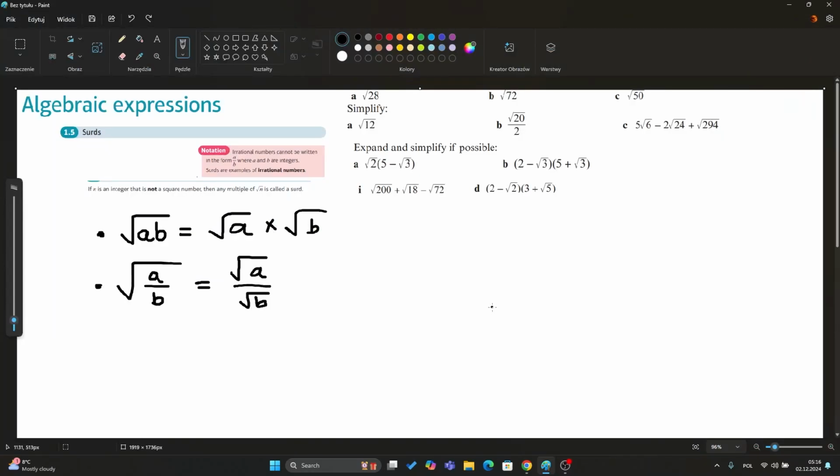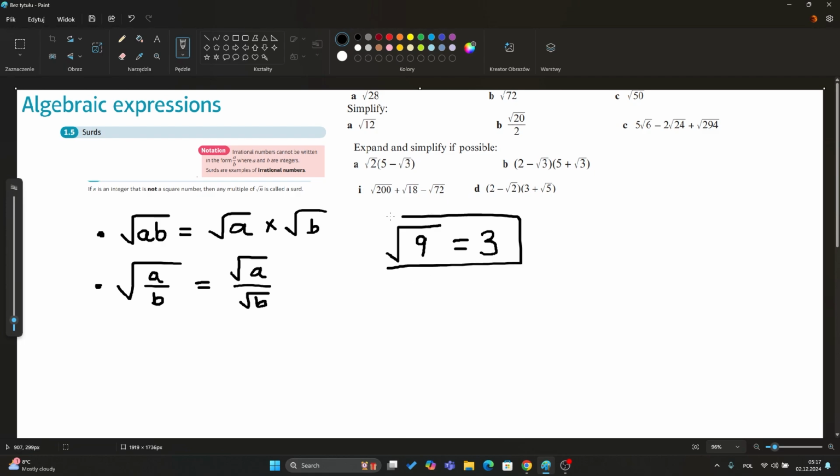Hello and welcome to the fifth topic, which is surds, and we are continuing with the chapter Algebraic Expressions. Now, a surd is a root that cannot be simplified further. So if n is an integer that is not a square number, then any multiple of the square root of n is called a surd. So if it's not a square number, like so,